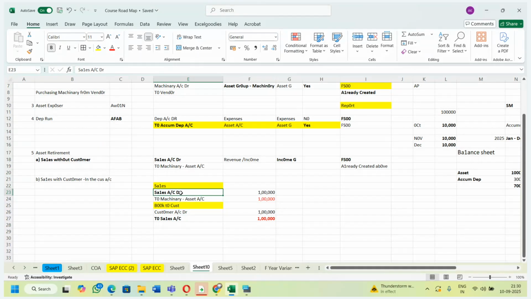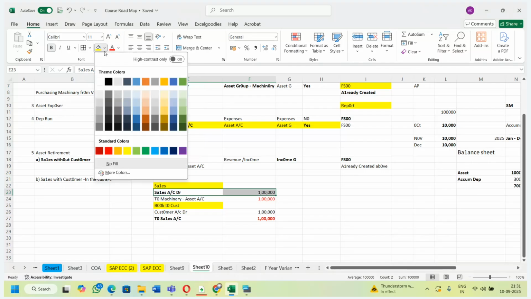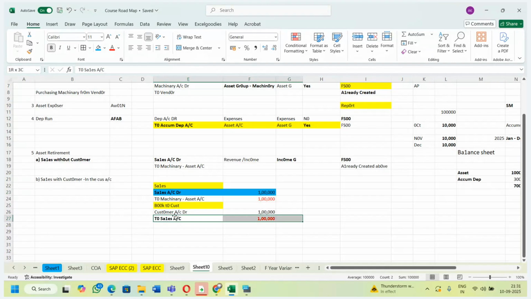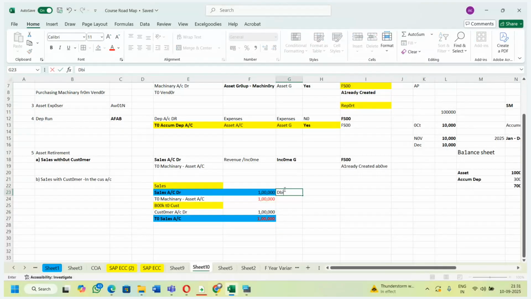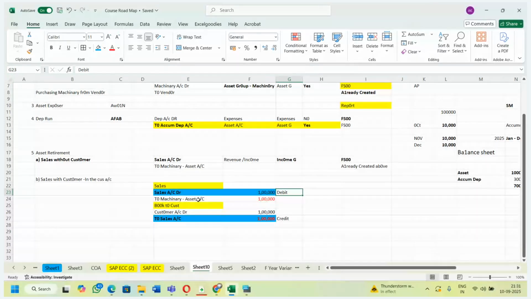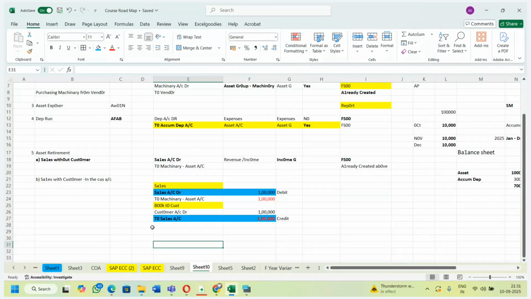Most of the payments, we know the basic mathematics, right? So here I have a sales account. I will color this sales account, and here also I have a sales account. Here is the debit balance, and here I have a credit balance, right? When it is a debit balance and a credit balance, it will completely knock off. The system will take the account ending entry. The final entries the system will take as a customer